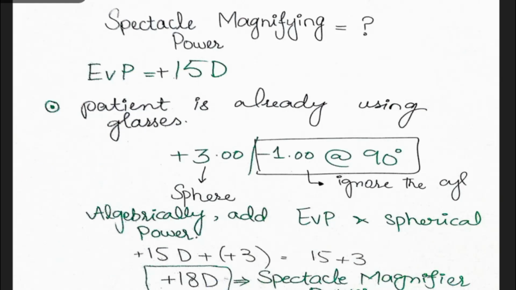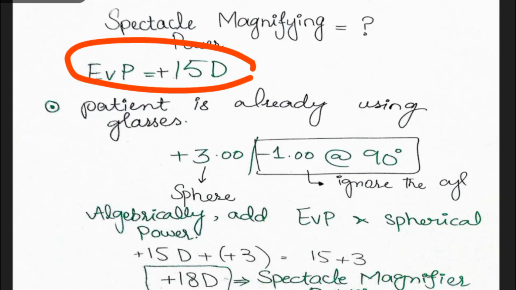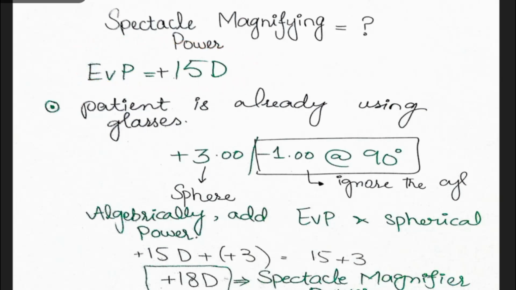Again, if a person is not using any kind of glasses, this will be the end point. But if he is using any kind of glasses, you have to ignore the cylinder and algebraically add the EVP to the spherical power, and the final answer after the addition will be the power of the spectacle magnifier, right? So this is all about how you can calculate the power of the spectacle magnifying glasses